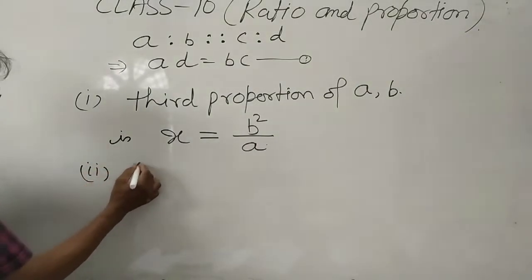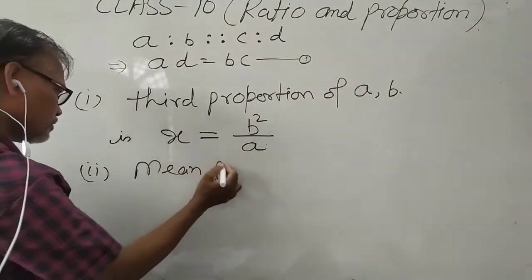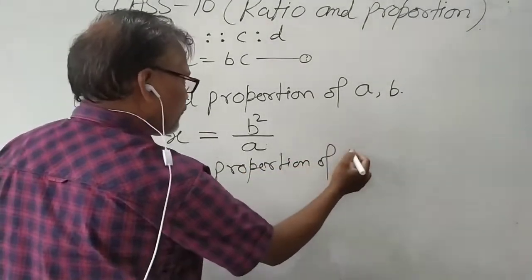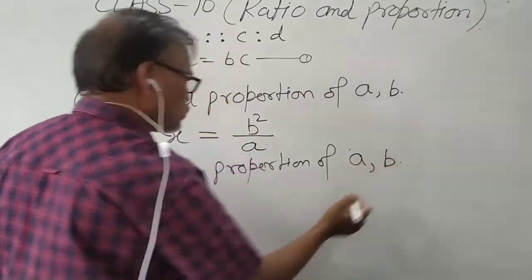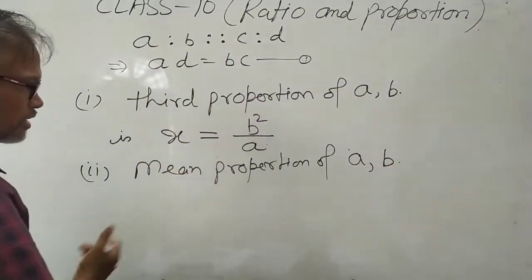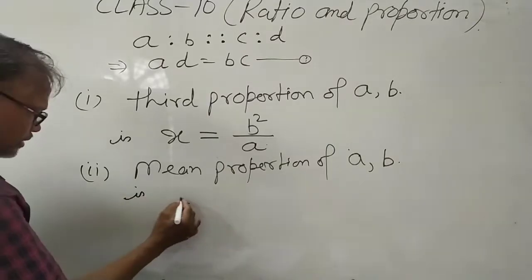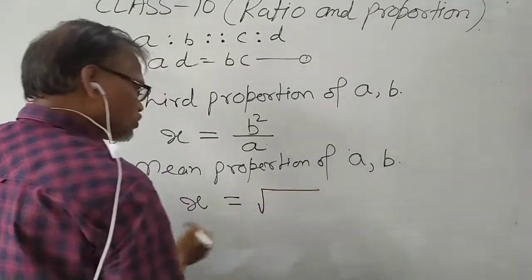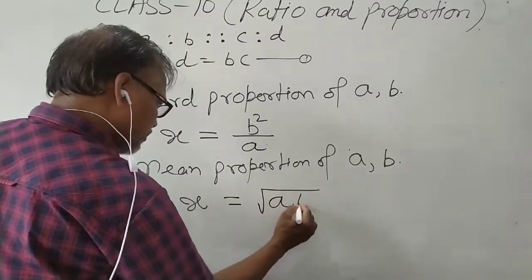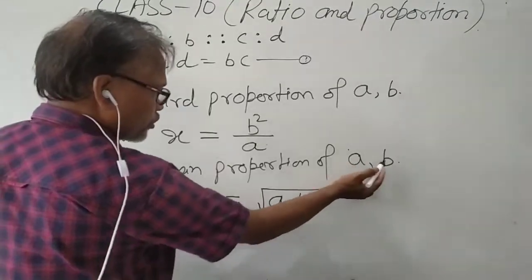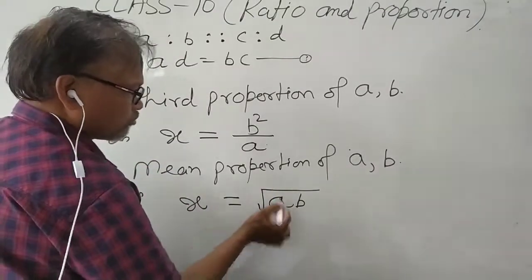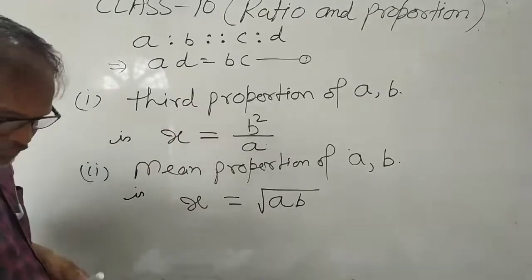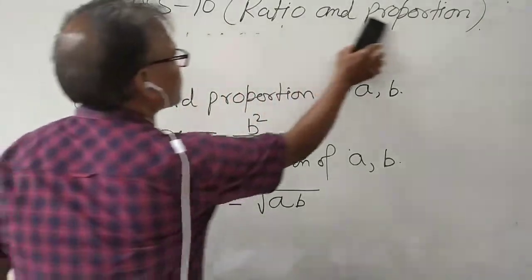Now the mean proportion of A and B is also asked for two numbers only. Suppose it is x, then x is equal to the square root of the product of both numbers. Means first you take the product and then take the square root. For example,